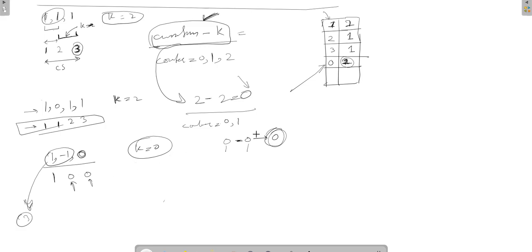So currently we have exactly 2, and that 2 would be added to the counter. So that's how the counter would end up